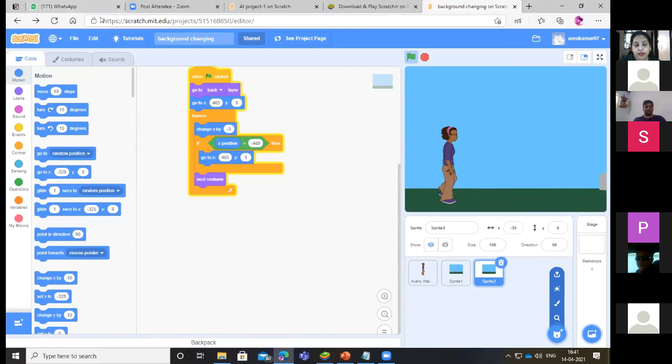And this is scratch.mit.edu. This is not Scratch Junior. This is the basic Scratch, the latest one. We are using the online version; we do not have to download this. You will see I am on the browser. I am not using anything that is downloaded or installed in my system. It is online.